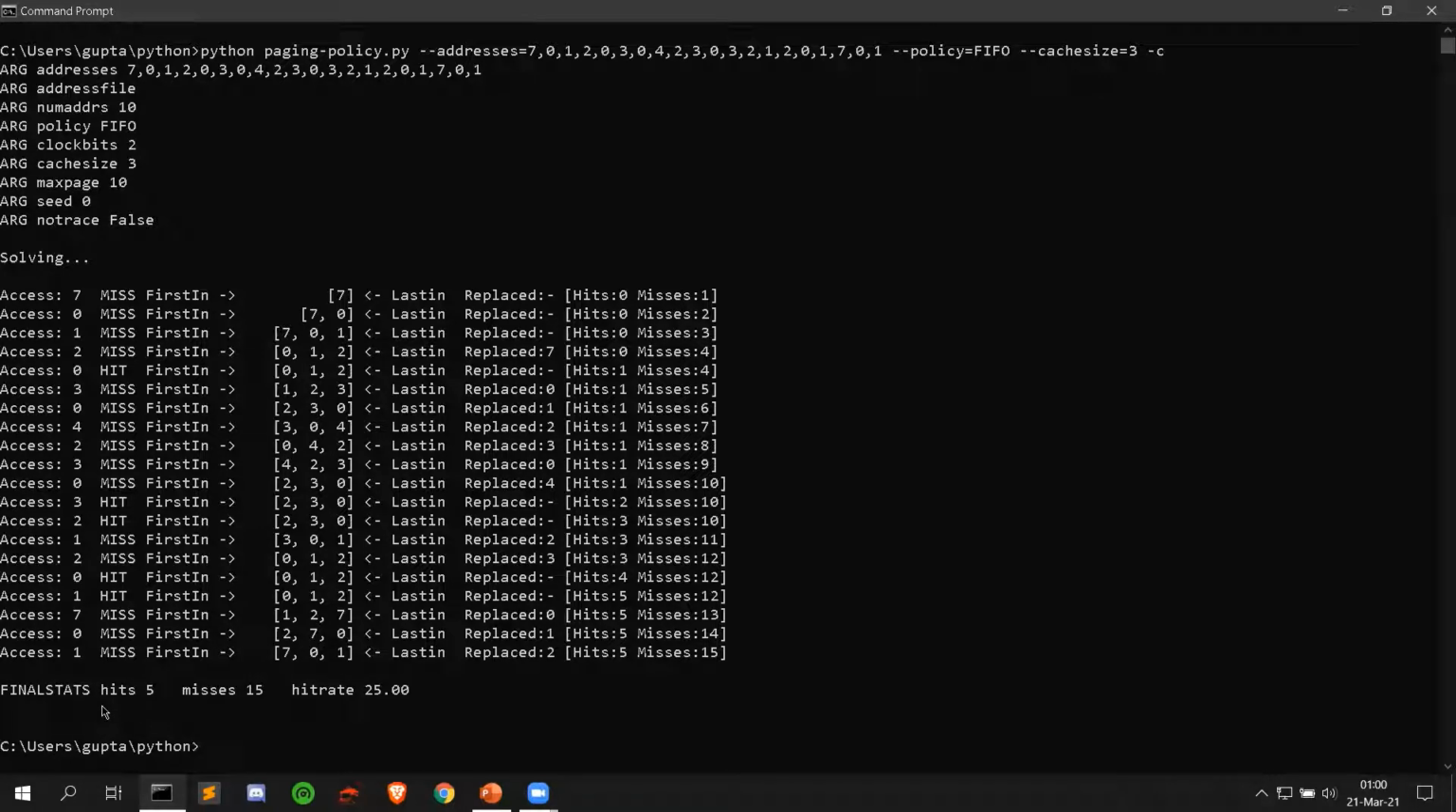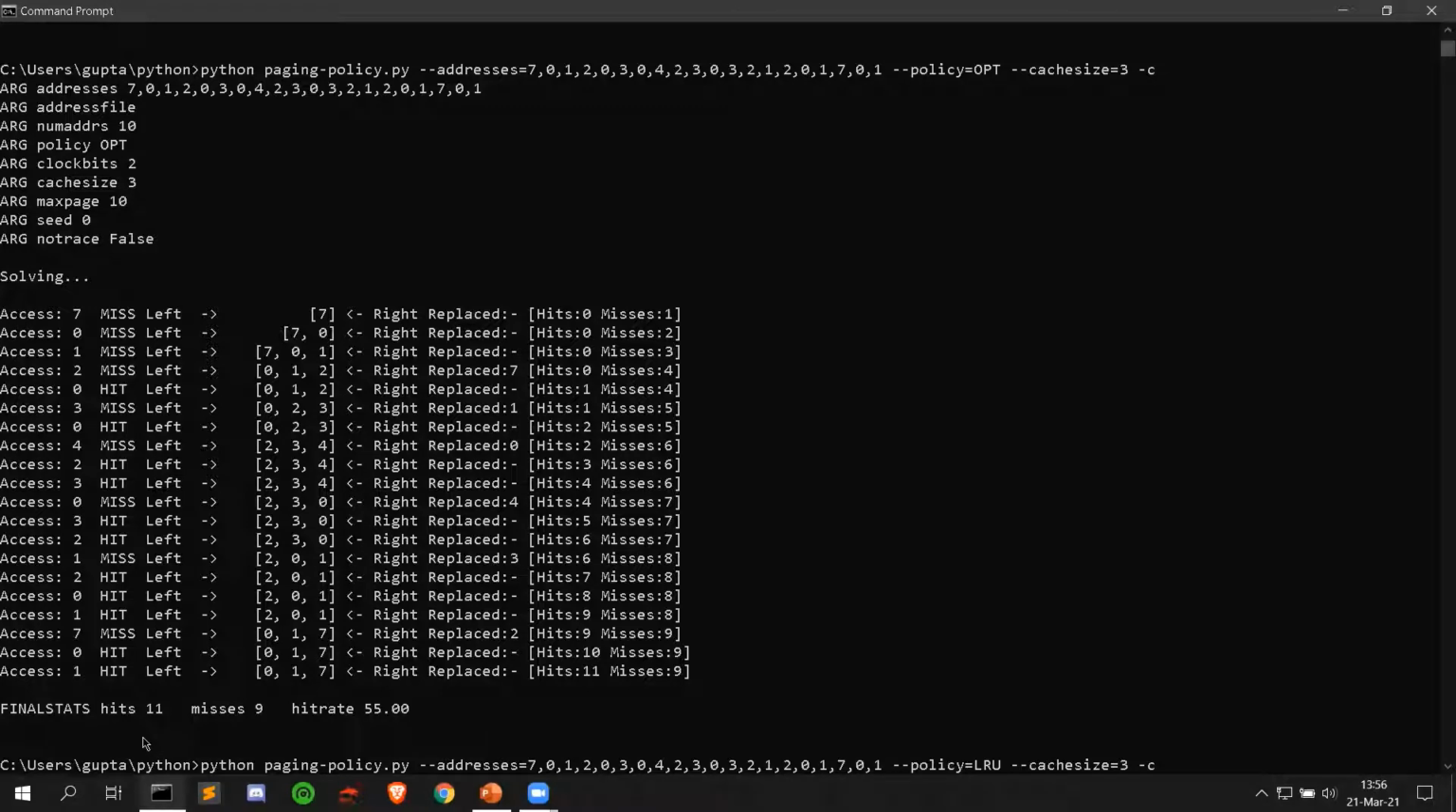As you can see, the number of hits is 5 and the number of misses is 15. So our hit rate is 25%. Now let us try the same string with the policy optimal page replacement. Here we can see that the number of hits has drastically increased and our hit rate has gone up to